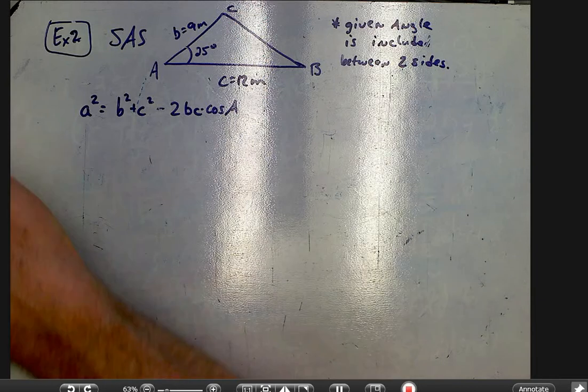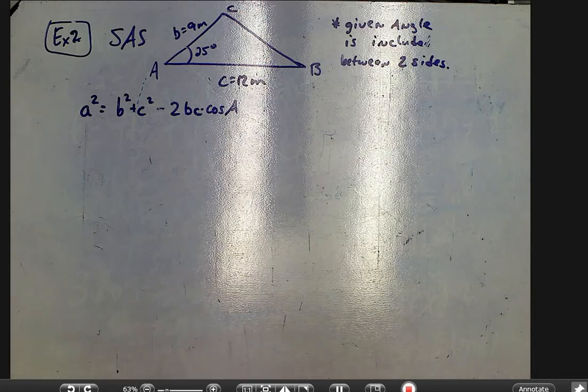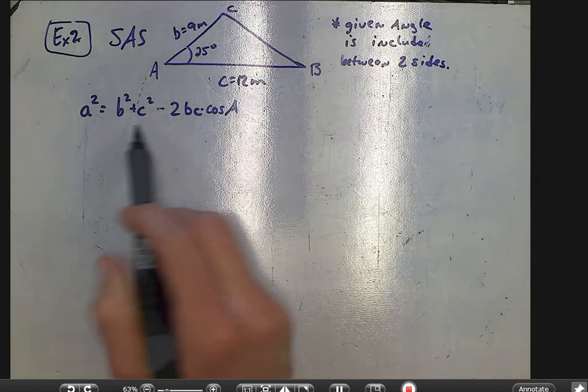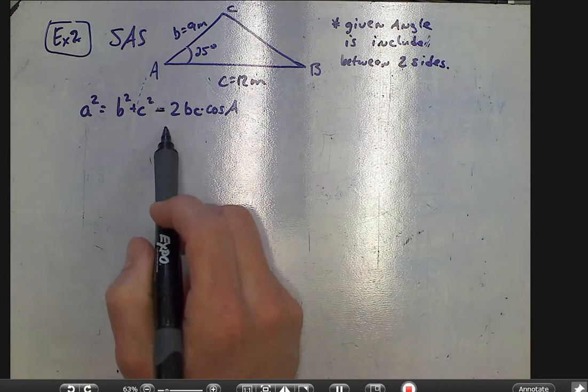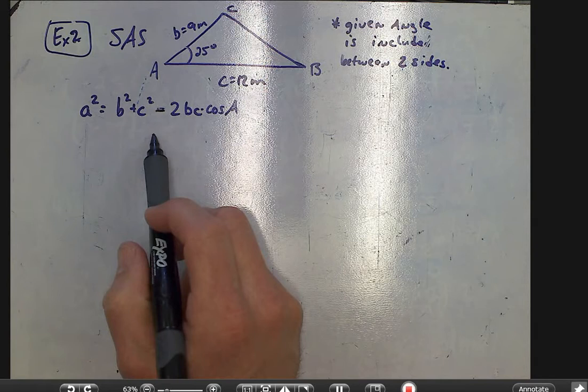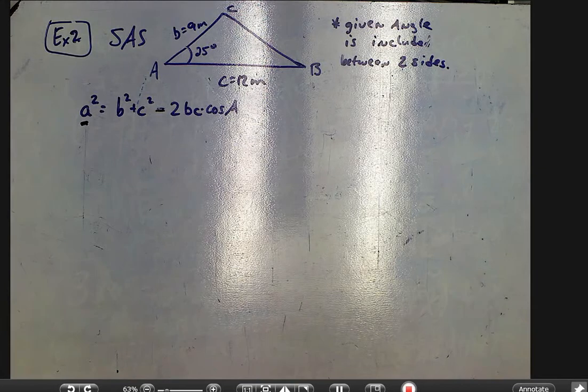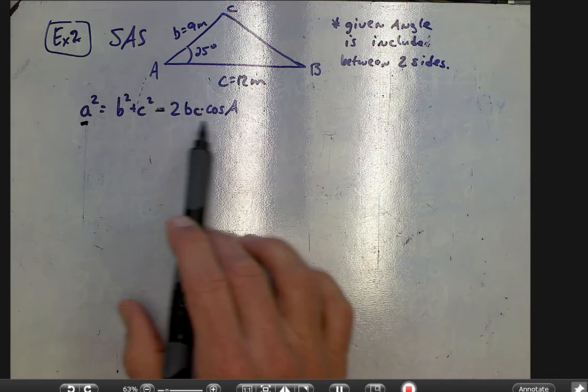Here in example 2, we talk about side angle side. So this is also going to be law of cosines, but notice it's written a little bit differently. And both of these forms are going to be on that formula reference sheet for law of cosines. Just know that when it's side angle side, we're going to start by finding the third side. In this case, the third side is A, and we're going to use this form for law of cosines like